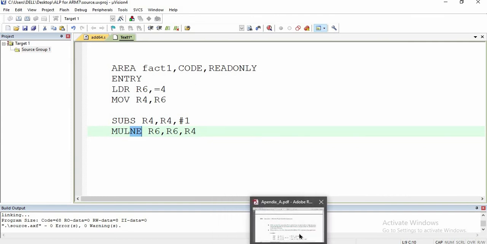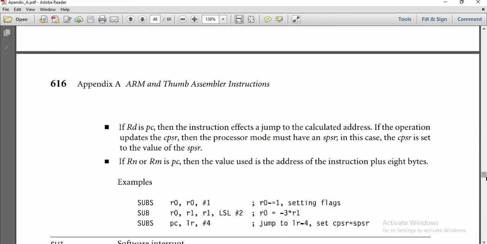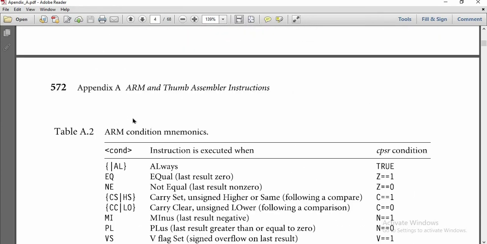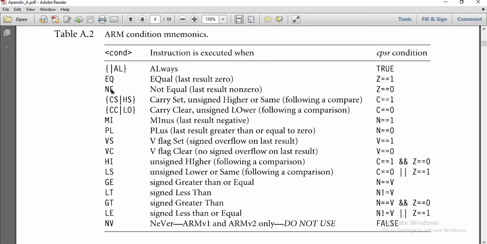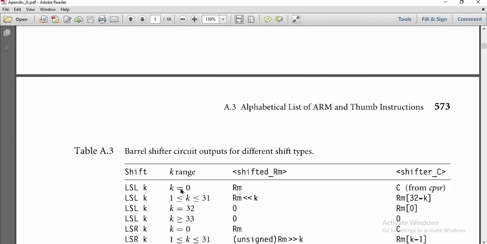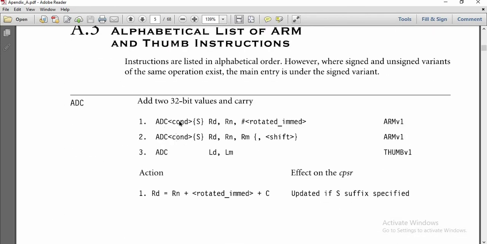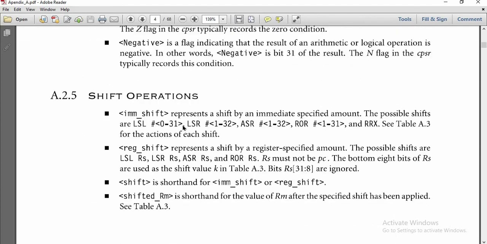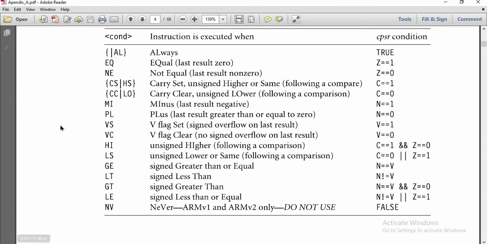This type of conditions are given in the manual. I will show you now. So on page number 572, you can see the conditions. This is COND. Wherever this is used in the instruction set, you can use all these kinds of variations. These are the meanings, and this is what will happen for that. So in COND, let me show you an example over here in ADD. See, these have been written as COND. So in that place you can use any of these variations.